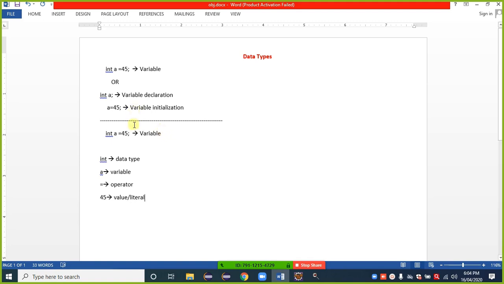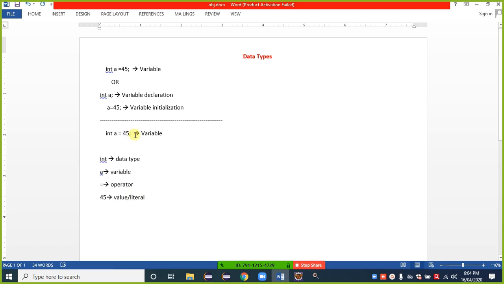And lastly, semicolon. Why do we use semicolon? To end that statement we use a semicolon. So int is a data type, small a is a variable, the equal to sign is an operator, and 45 is a value or literal. These are the introduction about a variable.